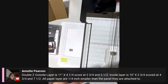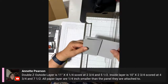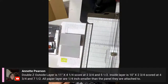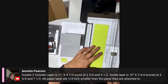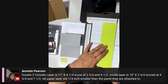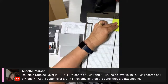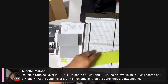Anyway, let's get back to our double Z fold card. Okay, so we have, oh, there it came up now. The outside layer is 11 by 4 1/4, scored at 2 3/4 and 5 1/2. The inside layer, now I did one in Cardinal Purple, I'm doing this one in Parakeet Party. This is 10 by 2 3/4. So I already cut the 2 3/4. Did I cut the 10? No, it's 11. Okay, so the easy way to do this is to just cut off an inch, because a sheet of paper is, of course, 11 inches. So I cut off an inch, and then you're going to score this